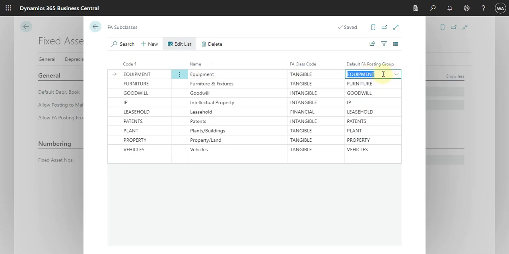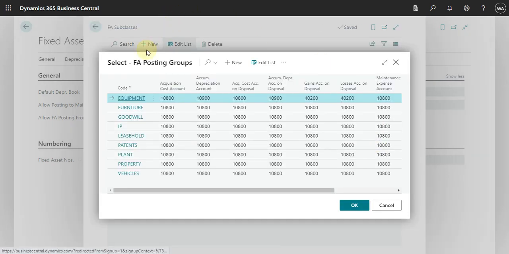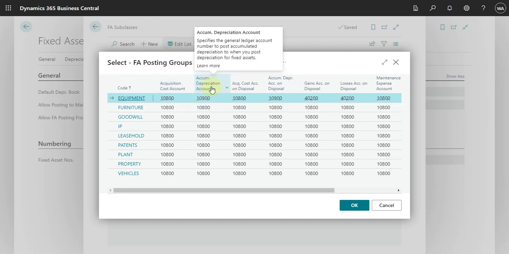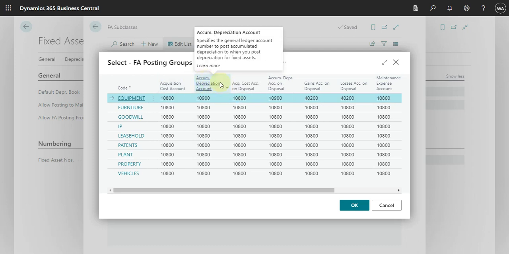So here you can see that I select the equipment, and then if we open here, you can see the options that we have, and we have this setup for the equipment. You can see here that in this area we define what our acquisition cost account is, and what our depreciation account is. Actually, it is a cumulative depreciation account,